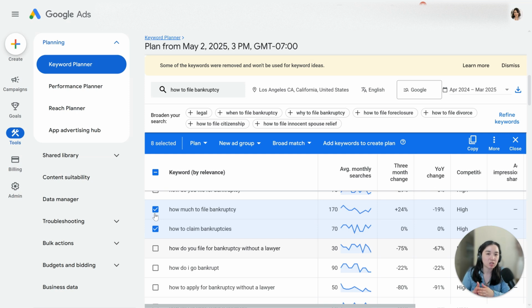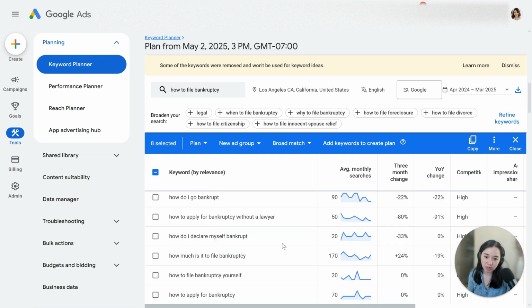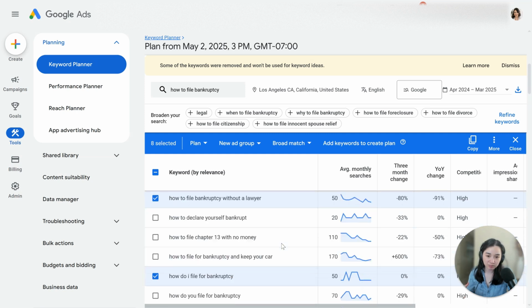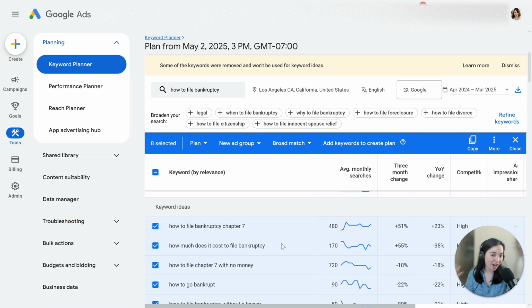But a better keyword than just bankruptcy attorney would be bankruptcy lawyer or bankruptcy attorney in Los Angeles, bankruptcy attorney free consultation. Call a bankruptcy attorney. Book a consultation with a bankruptcy attorney. Hire a bankruptcy attorney. But notice right here, though, as we're going through this, it looks like the majority of the searches are people not necessarily saying that they want to hire an attorney, but it's still valuable